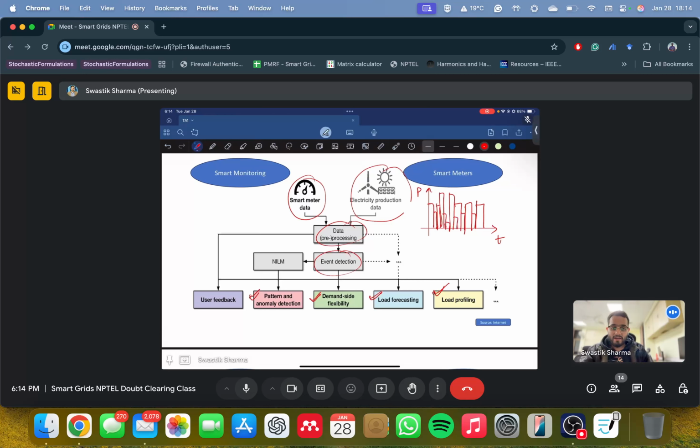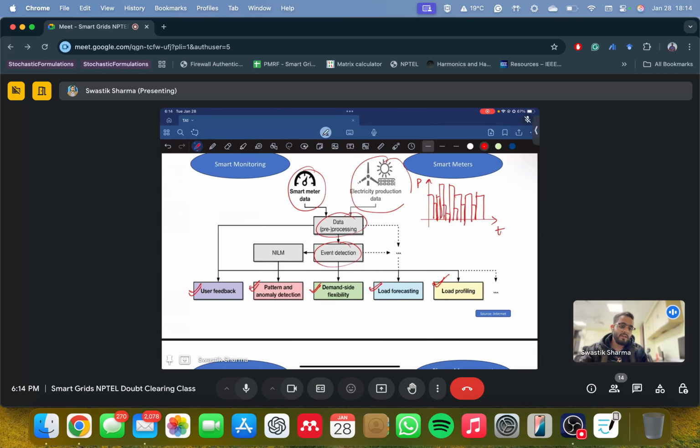You can also detect patterns and anomalies, right? Patterns in the sense that you can detect, okay, I am using AC for a very long time, your refrigerator, your washing machine, etc. Anomaly, let's say someone else is using your electricity and you don't know. There is this thing that is very prevalent. People take electricity by using some equipment. I don't know what it's called. So you will be able to tell, okay, my energy is being used at a place where I don't want it to be used, and it can be used to give user feedback.